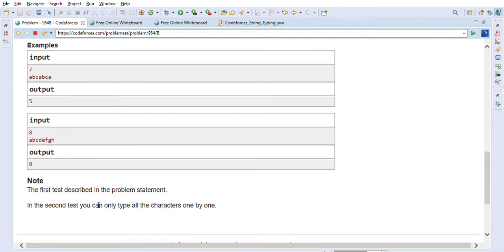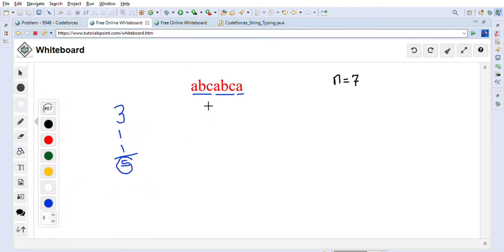So we have to find out the minimum number of operations that we will need. So as you can see here, 5 is the minimum operations that we need to create the string abc a, right? And I just explained to you how it is needed, right? If you just type simply character by character, it will take you 7, right? Because there are 7 characters in the string. But we have to find out the minimum, right? Minimum we have to find out.